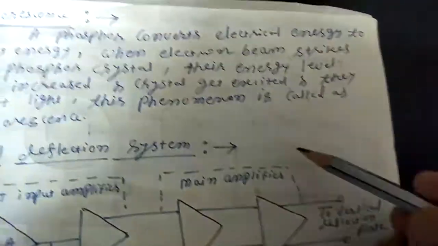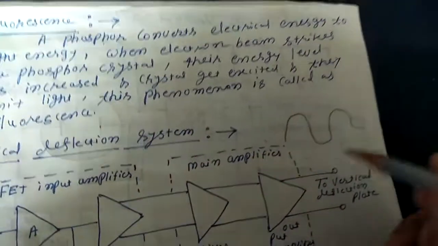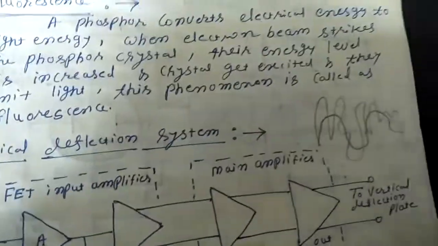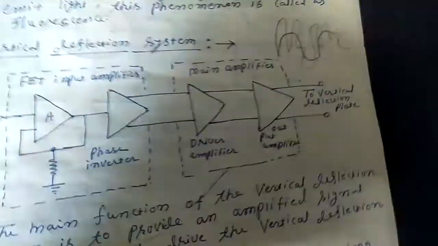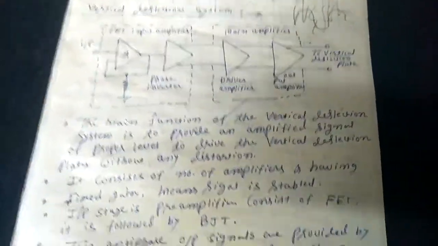Distortion means if your signal shape is like this, but the signal appears on the screen like that, then it has distortion. Okay, now in this case